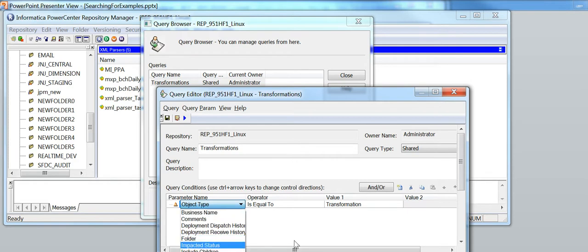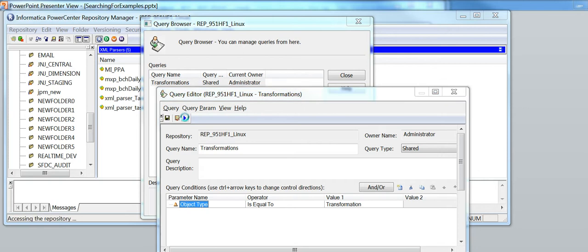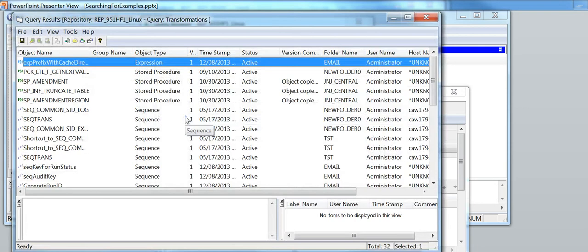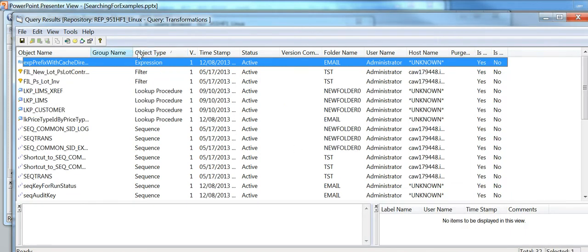There are different parameters that you can use, but object type transformation is the one that we know. Sometimes you'll have all the transformations with a naming convention, but sometimes it won't be that way. But if it was, then you could also put object name starts with as an additional term. So as you can see here, I searched here. My particular system does not have too many things, but if we group it by object type, then we have